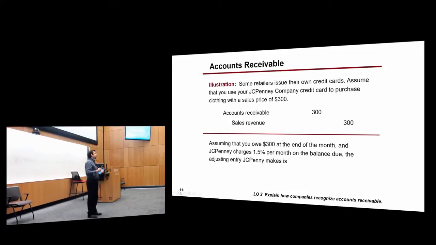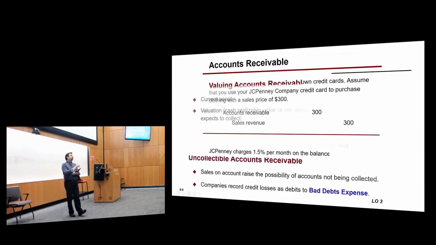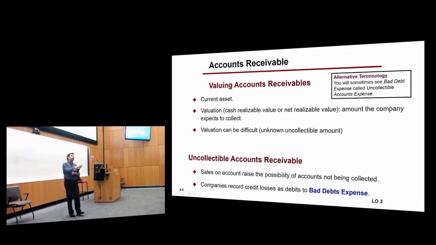JCPenney will earn interest. The interest is 1.5%, for example. Basically, this is interest revenue. But because you haven't paid the full amount, you're not going to pay the interest. They will charge you interest. It becomes accounts receivable as well. In this case, their accounts receivable will be the original amount plus the interest that is to be paid. Any questions? We will continue about the valuations on